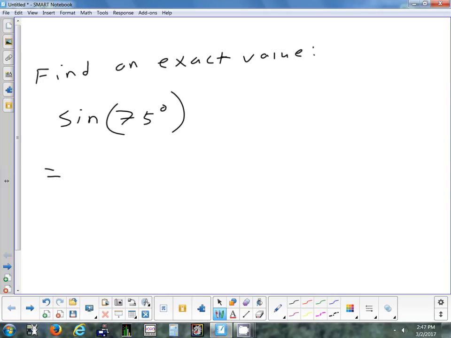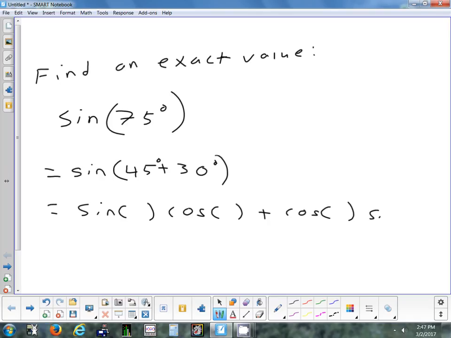And you can choose if you want to do it as a sum or a difference. So what's the easiest way to write 75? 45. Yeah, we can write it as a sum. And now this is a sine-sum identity. So we're going to look up, or if we haven't memorized, our identity for the sine and the sum, which is sine cosine plus cosine sine. So sine cosine plus cosine sine. And you fill in first, second, in that order in the parentheses. So first, second,